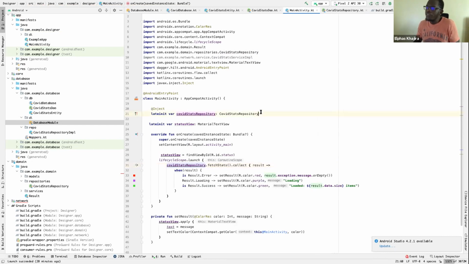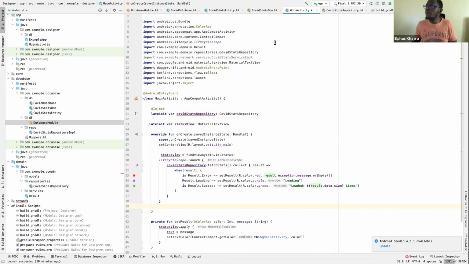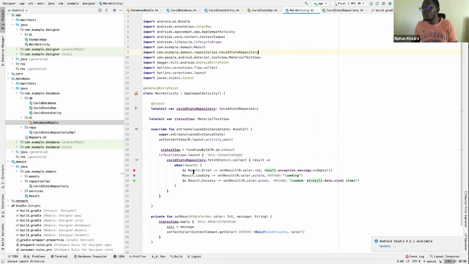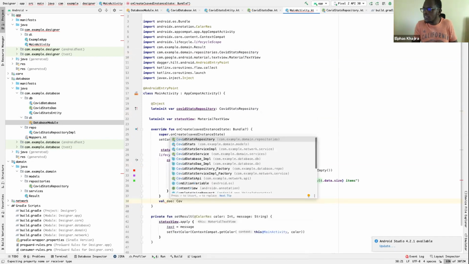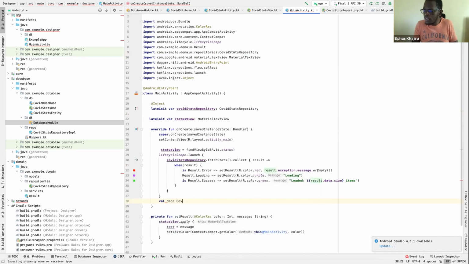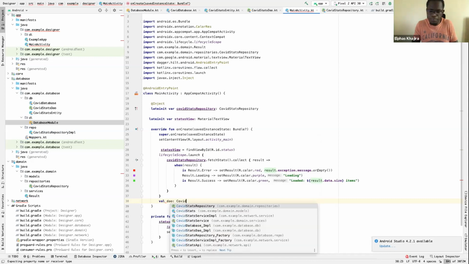So right now, if I try to access anything from my database module, like say I want to access my DAO, val say DAO, and do COVID stats.